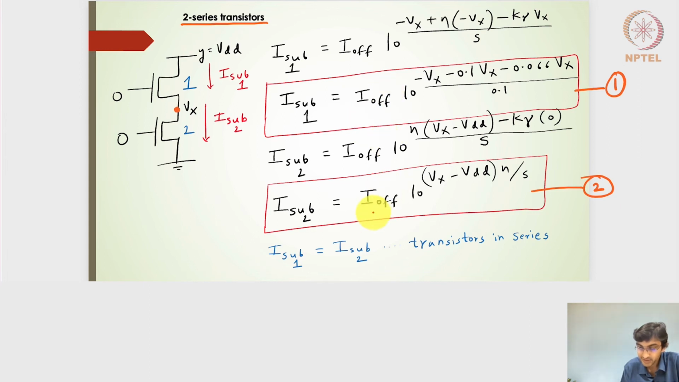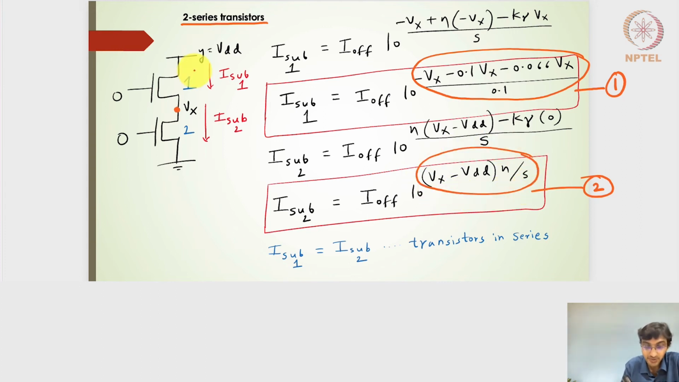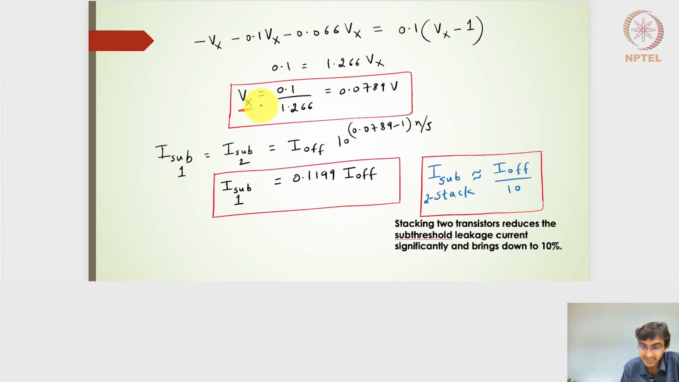So I can cancel this on both the sides. And if I take the log on both the sides, I should have only the expressions in terms of Vx on the numerator and denominator side, and similarly here. So I should be able to equate this particular expression with that of this particular expression, because the transistors are in series and the subthreshold leakage currents are the same. So we should be able to find out Vx in that case, which turns out to be